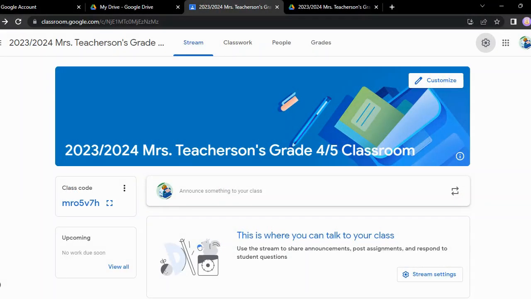to your Google Classroom. And you have two options. You can either add students with a class code, and this is the easier option, or you can invite students with an email. It's a bit more time consuming that way. So if you're going to add your students with a class code,